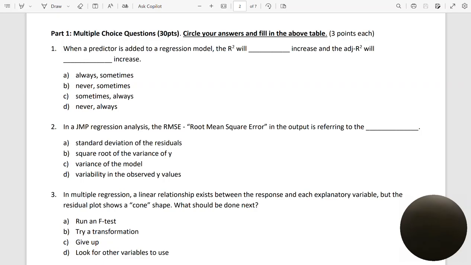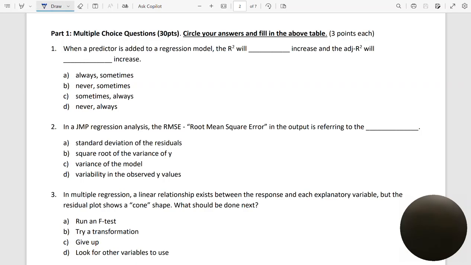For exam 2, the topics will only focus on regression, so simple regression and multiple regression. Let's talk about the first question. When a predictor is added to a regression model, the R square will, and adjusted R square will, right? So here in this case, we say